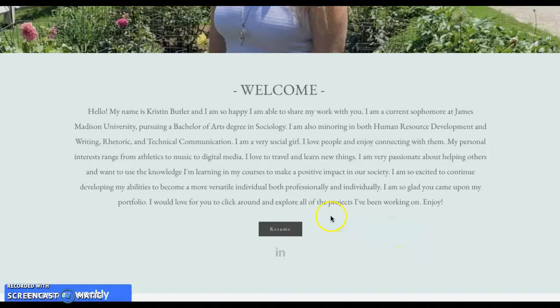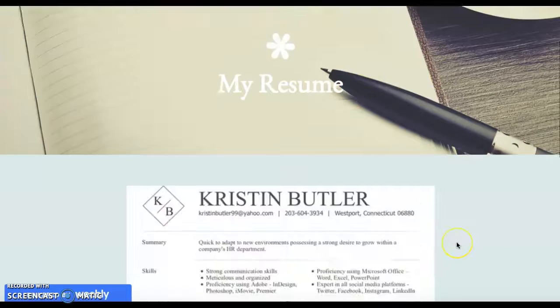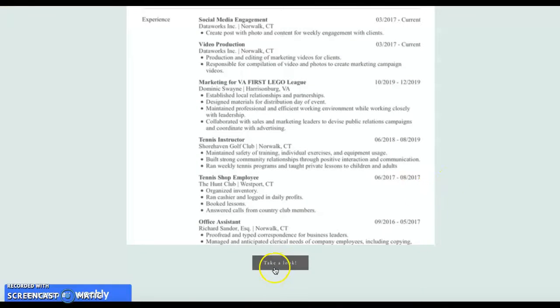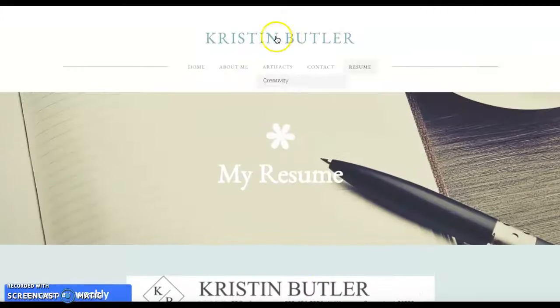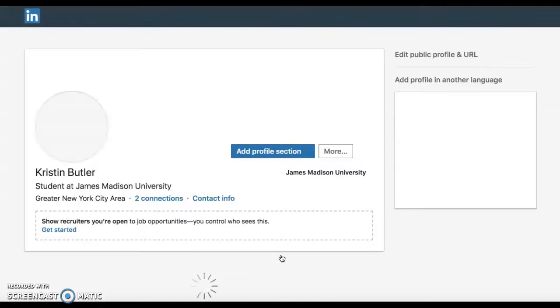this portfolio. I then have a button to my resume, so if you click there it takes you to the resume tab. If you scroll down, I have a snapshot of my resume, and then if you want a PDF version, you just have to click the Take a Look button. If you click Kristen Butler, it takes you right back to the home page. I then have a link to my LinkedIn profile, so if you click on that button, it takes you right